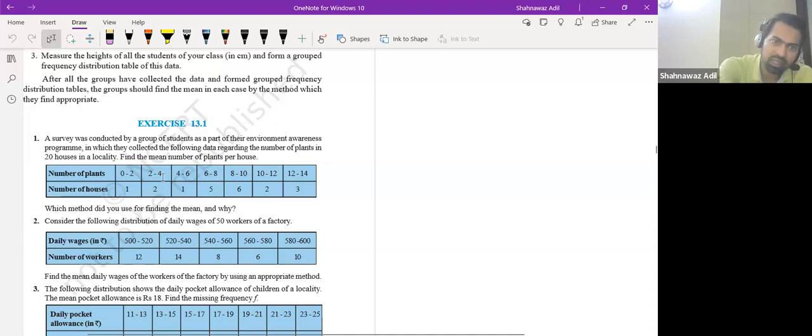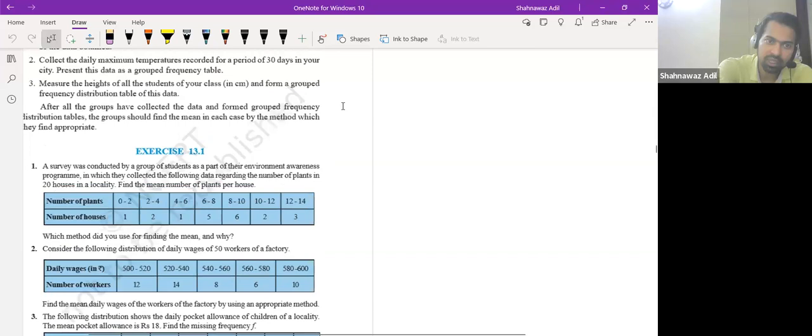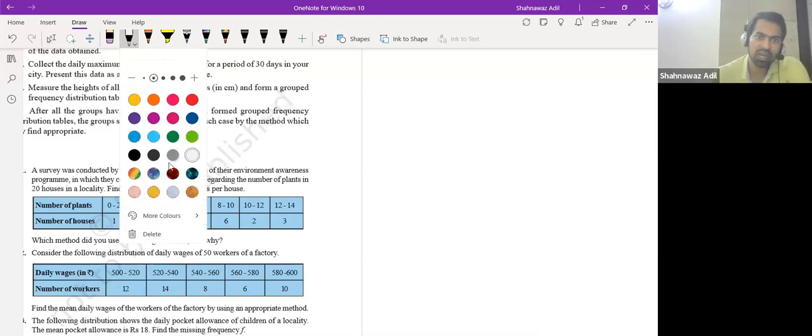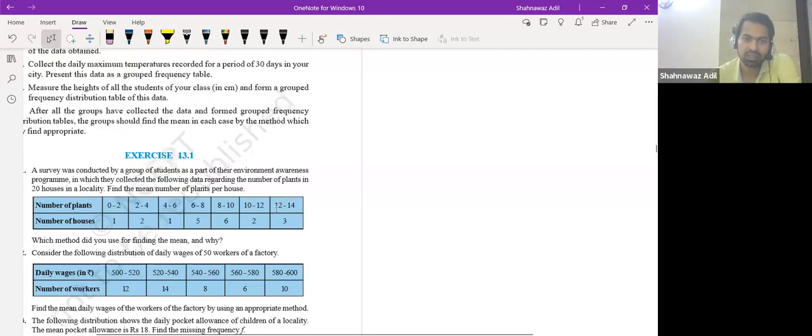And remember, in this grouped data, 4, 2, 6, 8, 10, 12, 14 are not counted, right? Now let us make the table, right? And we will not use the other two methods, assumed mean and step deviation, because these are smaller numbers, right? So we have a class interval,